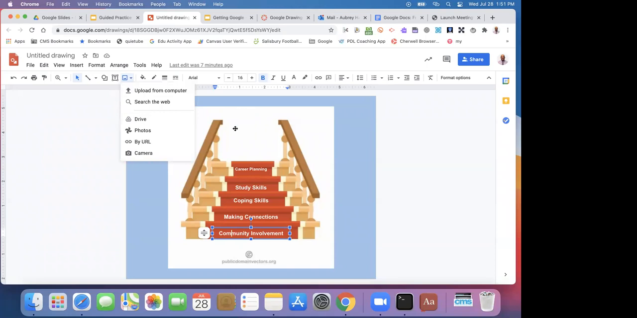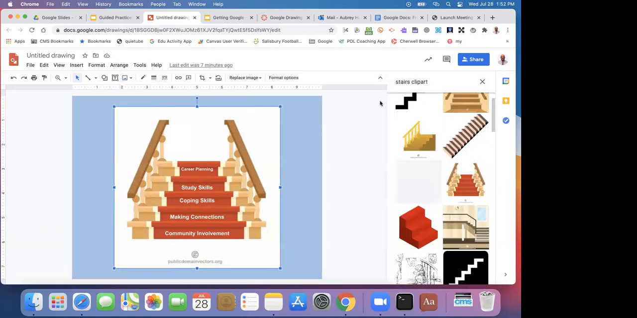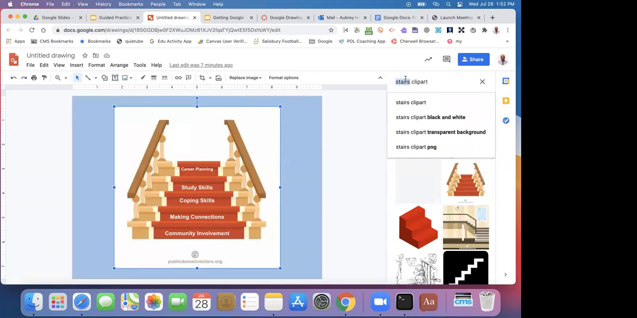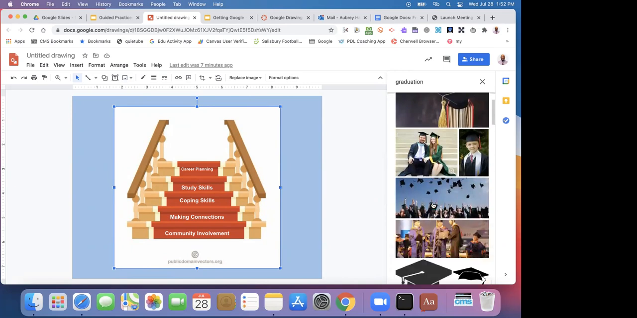So maybe I wanted to include something at the top here to indicate success for my students once they have done these things: community involvement, they've made some connections, they've worked on their coping skills and studying skills, and done some career planning. I can include something that gives them some light at the end of the tunnel. So I'm going to include an image here. I'm just going to put a graduation photo up here